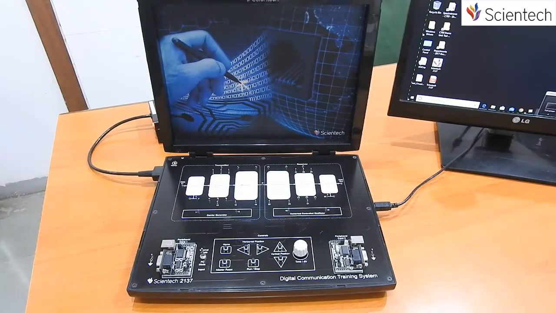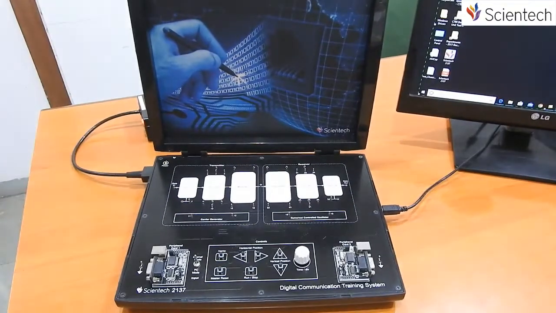On the Mimic you can see there are various block diagrams, because the digital communication training system covers 15 modulation techniques like ASK, FSK, BPSK, QPSK and so on. As we know, all these modulation techniques have different block diagrams based on their functionality. So we provide real-time software which covers all the detailed block diagrams, and the real-time software also comes along with the waveform scope, that is a digital storage oscilloscope plus the logic analyzer.